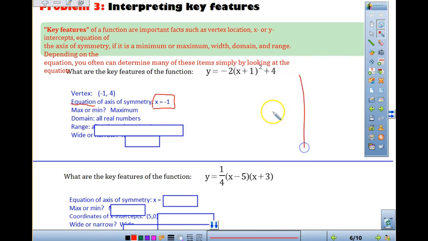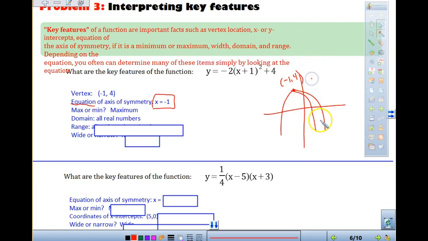So let's think about what our graph looks like. If I'm going to graph this, the vertex is at (-1, 4). We already said that's a maximum point, which means the parabola opens downward like this. We don't know exactly, and that's a pretty poor parabola, but you kind of get the idea. The next thing we know is that the domain was